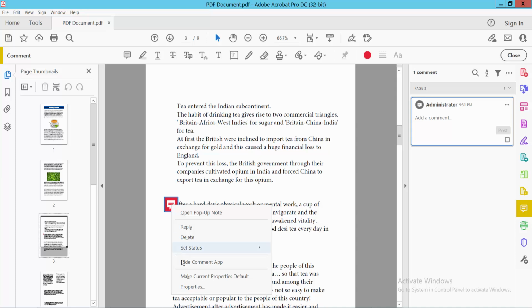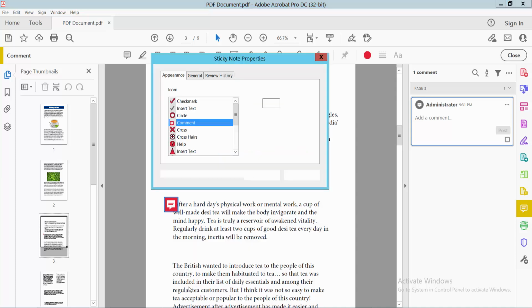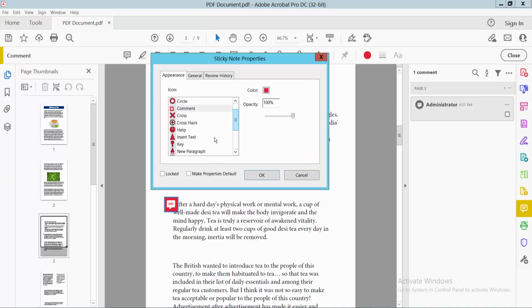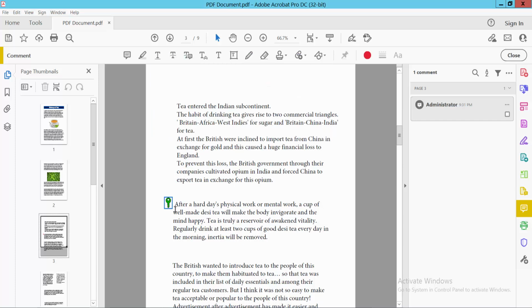Now click the right button for Properties, and here you will find this key symbol. You can change this symbol color. Use this color. Now select OK and see this key symbol now